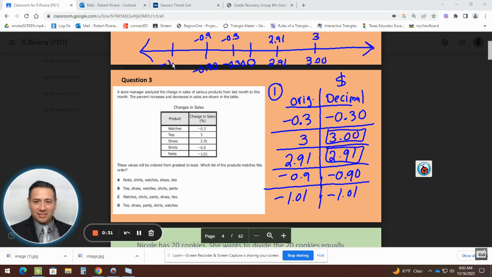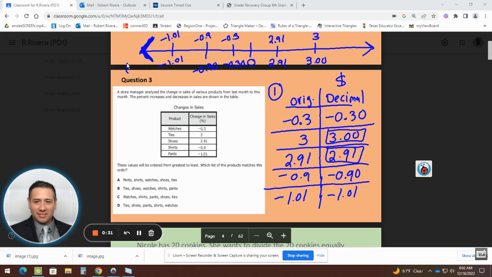Negative $1.01, and negative $1.01 is the original. Now, the reason I do this is because some of you still think that that $1 is greater than that 30 cents. It's not, because he's negative. Él debe más dinero. He's more to the left. The number line will help you guys because it's already ready for you. Why is it ready? Because look, this symbol